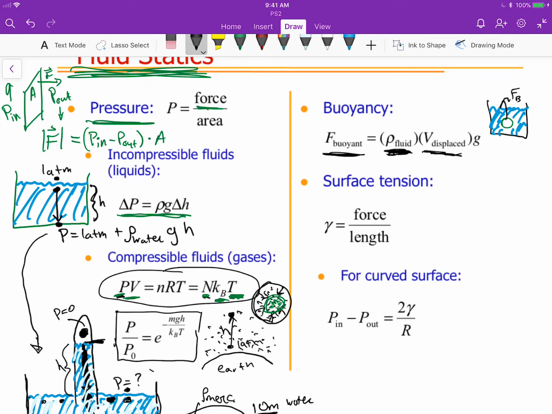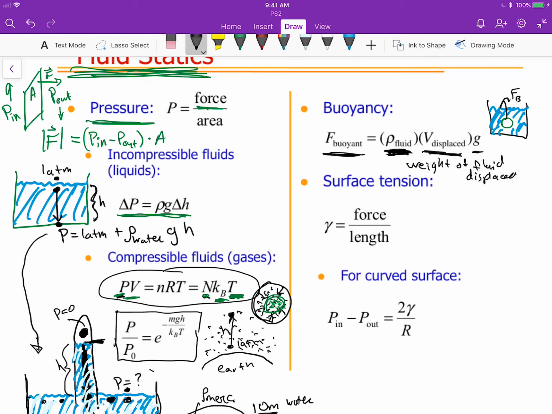So it can be confusing. Am I using the density of the object? No, you're using the density of the fluid that it's in times the volume of the object times gravity. And so this can also be thought of as, you can just write this as basically the weight of fluid